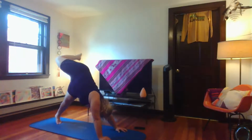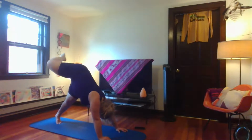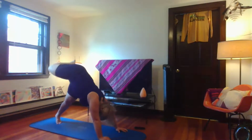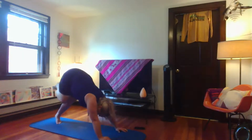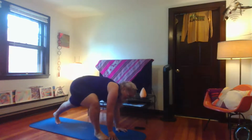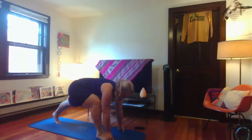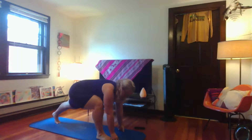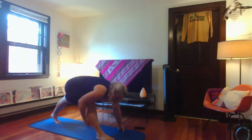Bend that knee, let that hip open up, and do 3 circles forward with that knee and 3 circles back. Really opening up that hip. Straighten the leg to the sky and swing that leg through to lunge position. Holding your leg up and pressing that left hip flexor down to the mat, and then straightening that front leg,